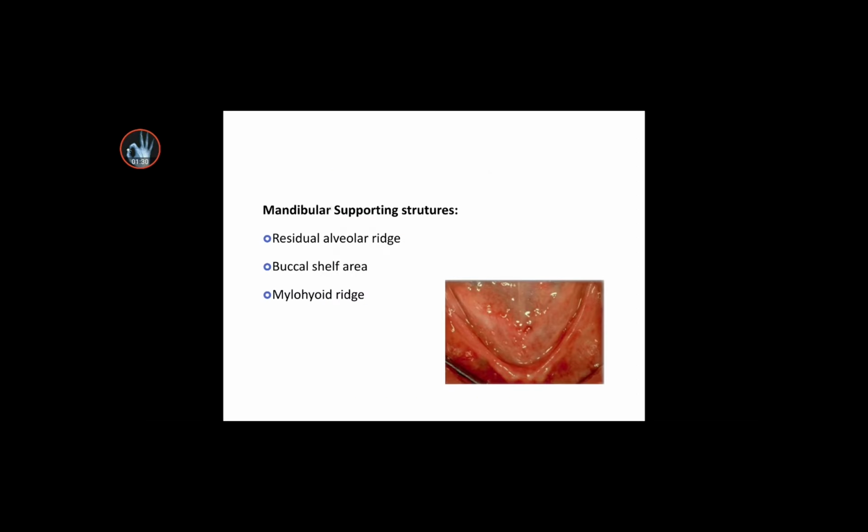اليوم راح نتكلم على المانديبولار supporting structures، الأجزاء اللي هي تعطينا السبورت أو الدعامة للدنشر الطقم. So we have 3 anatomical supporting landmarks of the mandible. One is the residual alveolar ridge. This is the residual alveolar ridge, and we described that residual means there are no teeth on the alveolar process. عرفناها تكلمنا عليها. The second part is the buccal shelves, and the buccal shelf is considered as the primary